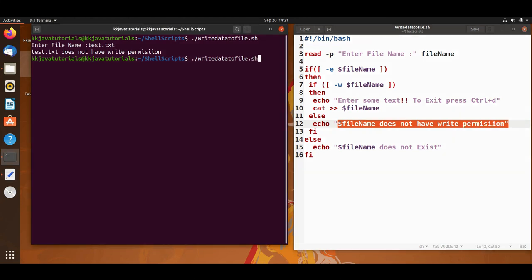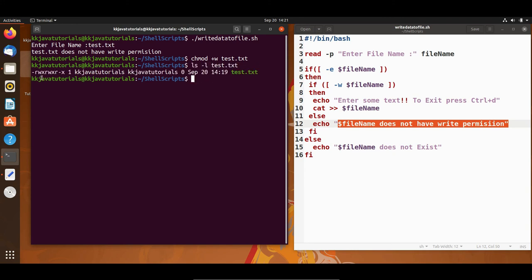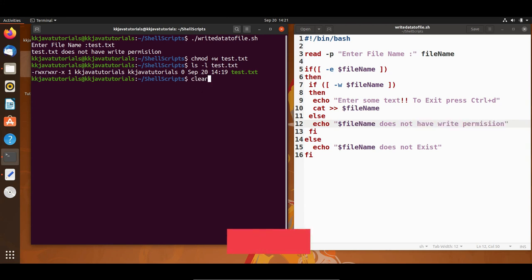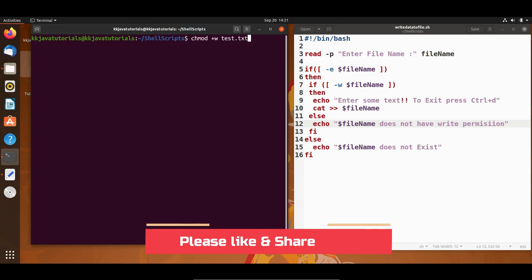So I am going to provide the write permission again, right? Let me give plus w to add the write permission, right? If I do ls -l, sorry guys, then here you can see I have restored write permission to the user as well as the group. Let me clear and run this again. So I'm going to run it and specify test.txt.